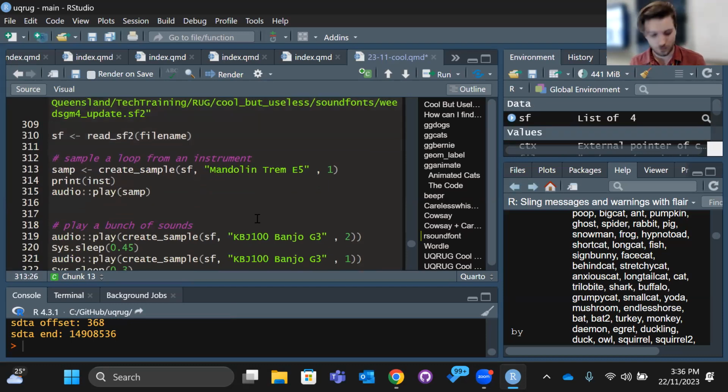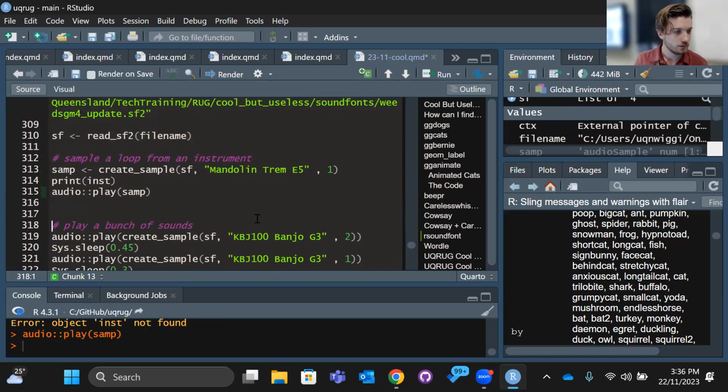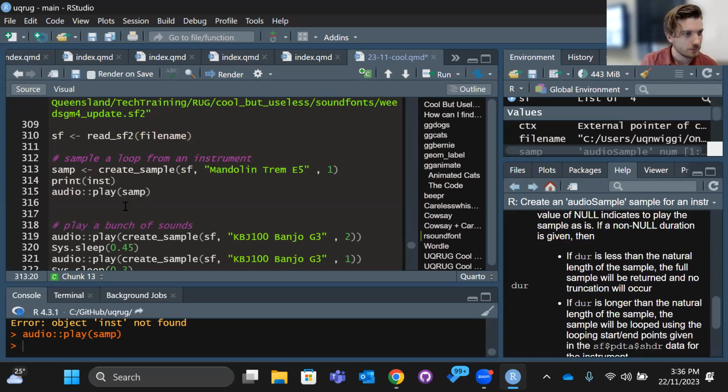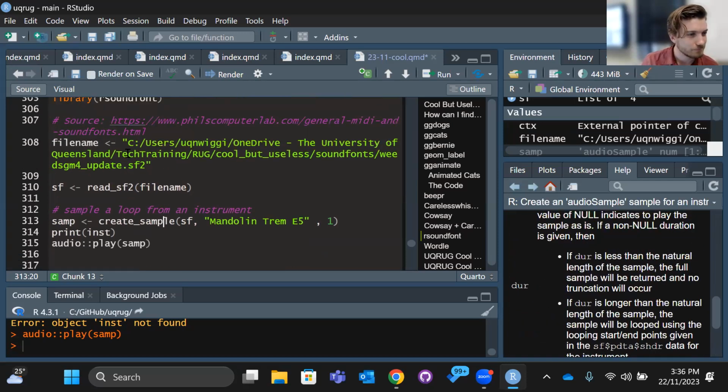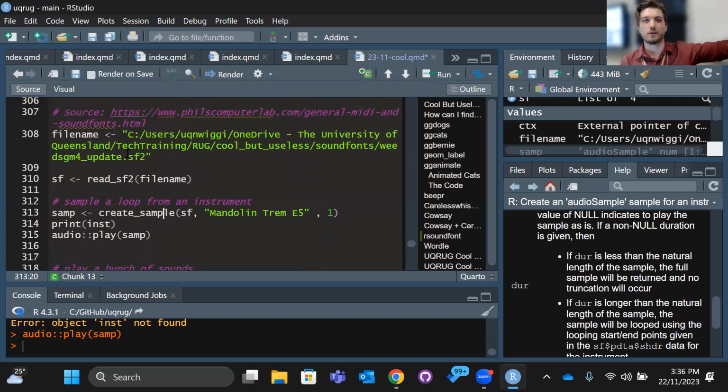Once you do that, there's a whole bunch of different instruments you can sample, including a little mandolin tremolo sort of thing there. I think the list is on their GitHub page. If you go to the GitHub page, there's a big long list. There's banjos and mandolins and bagpipes.